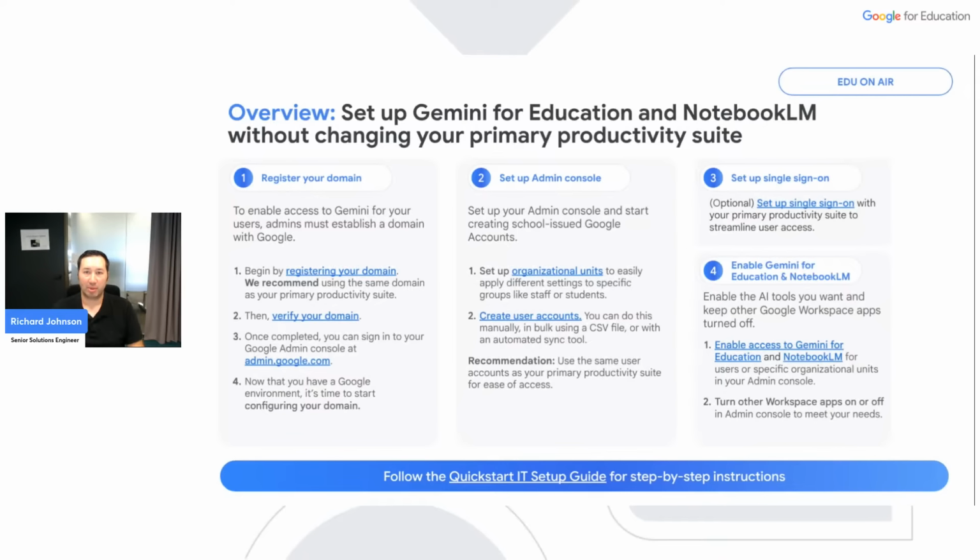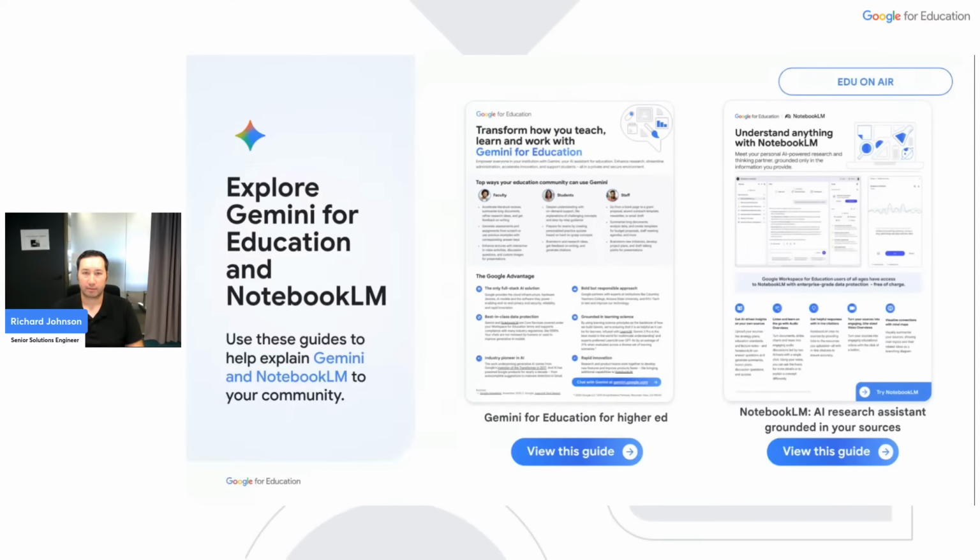We're going to share a one-pager to everyone that has registered for this session. It contains links and a setup guide and other useful resources for activating Gemini in both new and existing customers. If you need additional support, feel free to reach out to your Google for Education account manager or our 24/7 support team, which is included with all Google for Education editions.